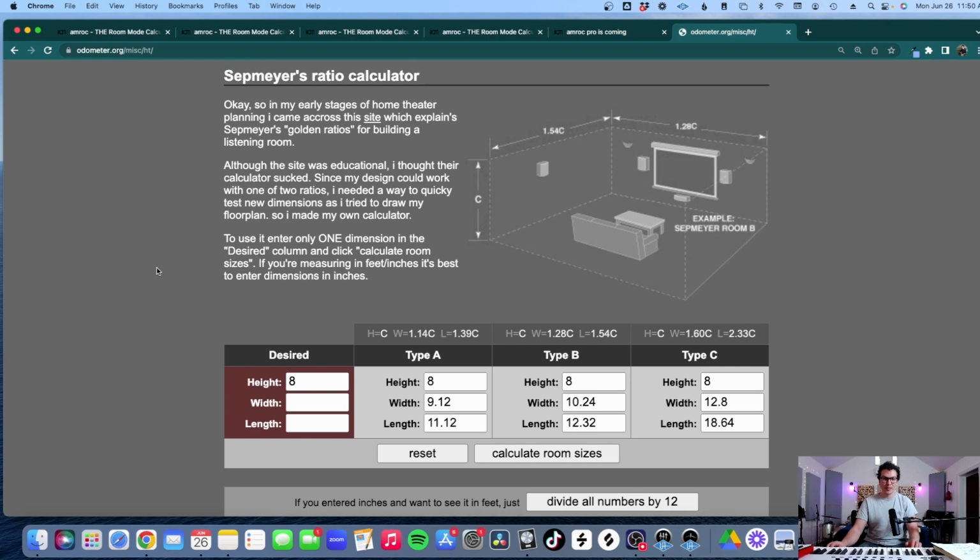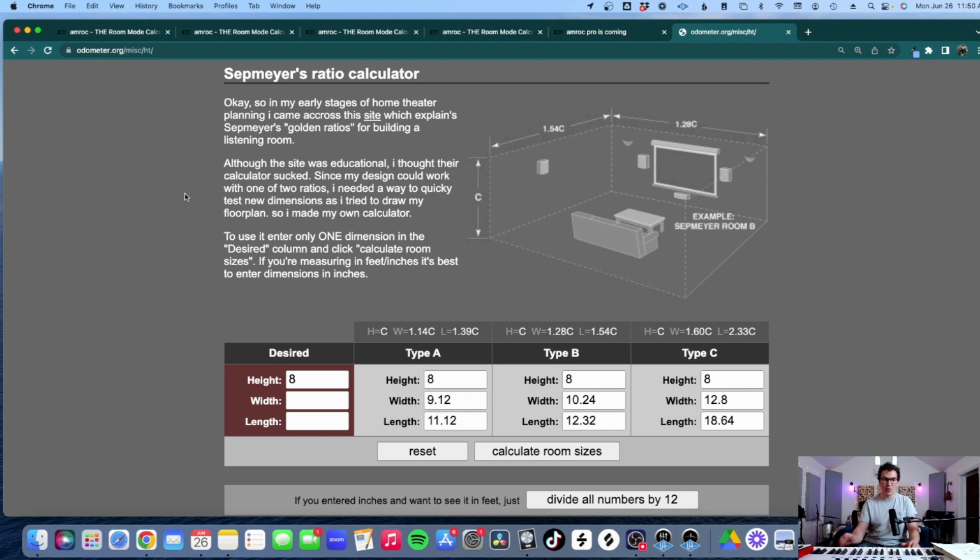All right, so some of you may have seen me use this calculator before. This is just freely available at odometer.org. And this is the Sepmeyer ratio calculator. Now, I want to emphasize that I'm just using this as an example. You can use any of the acousticians I mentioned before to get room ratios, and they'll be a good starting place. But I just wanted to show you that if you put in a ceiling height of 8 feet, which